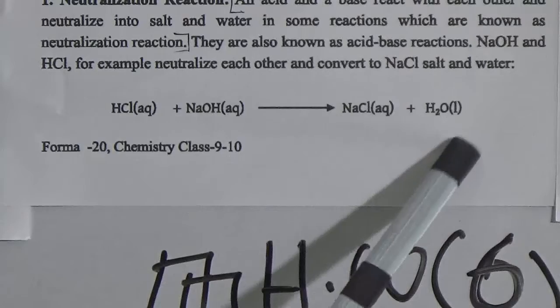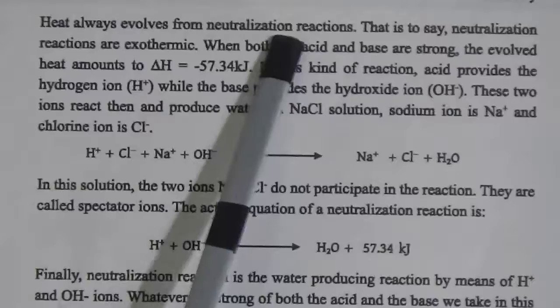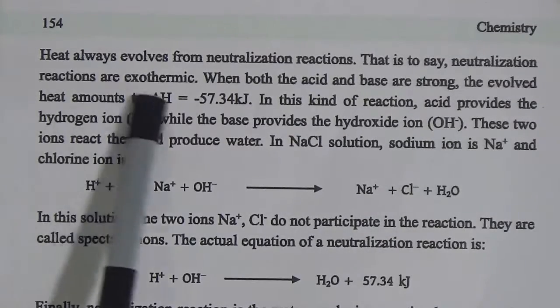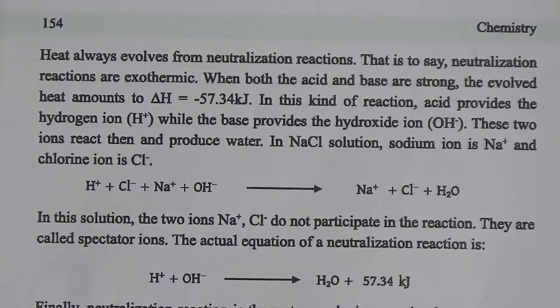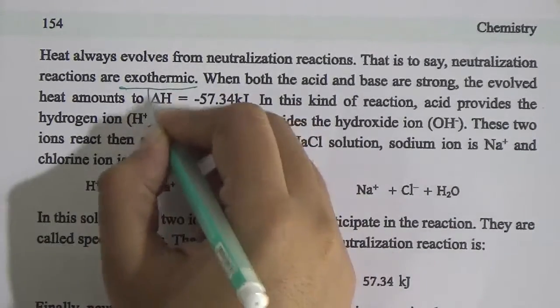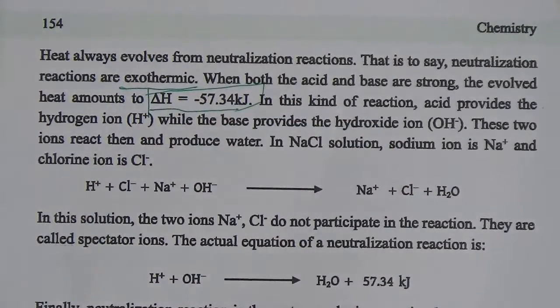That's why it is known as a neutralization reaction. Heat energy evolves from a neutralization reaction, that is to say neutralization reaction is exothermic. You have to remember always that the neutralization reaction will be exothermic, and the value of delta H is negative,